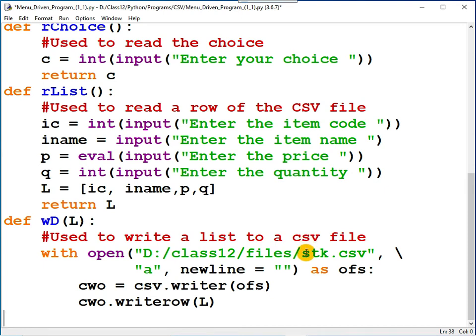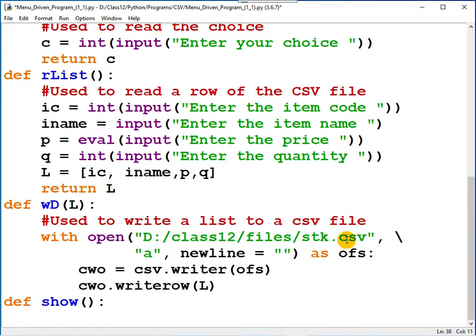In order to display the CSV file in the computer's monitor, let me create a function. Okay, so to create the function, you can start with the keyword def followed by the name of the function. Let it be show function symbol colon. You can write the docstring: used to display the CSV file